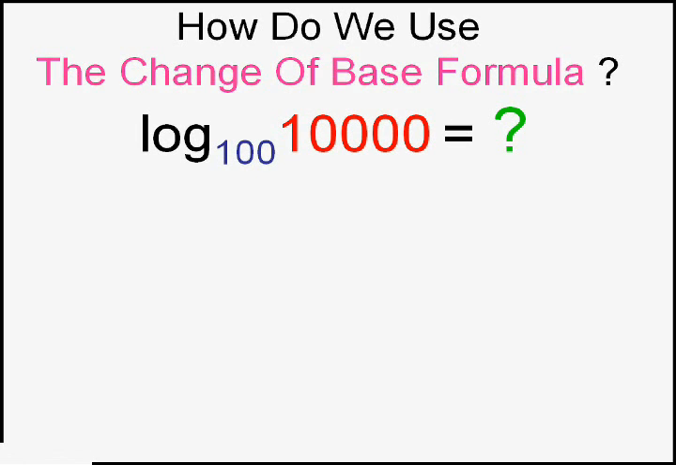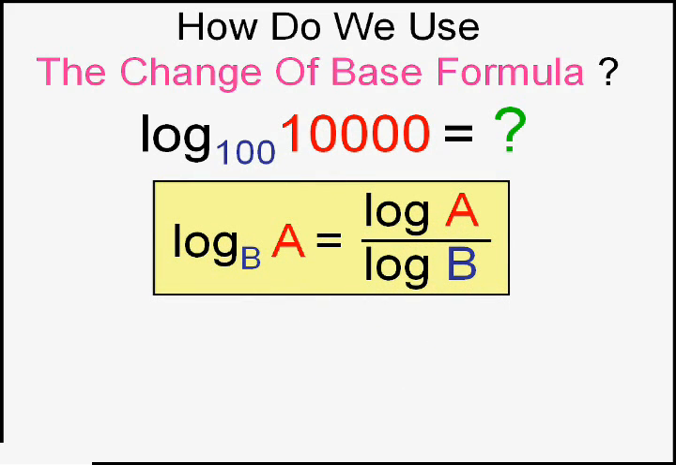Yes, we can. Even though our calculator cannot calculate log base 100, we can change this using the change of base formula to the log of a over the log of b. Now, what is a in this case? A is the 10,000. B is the base, which is 100. I always remember that b is the base. It goes on the bottom. Base, bottom. So this is actually going to equal